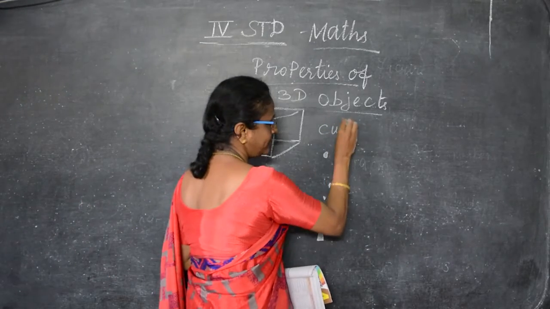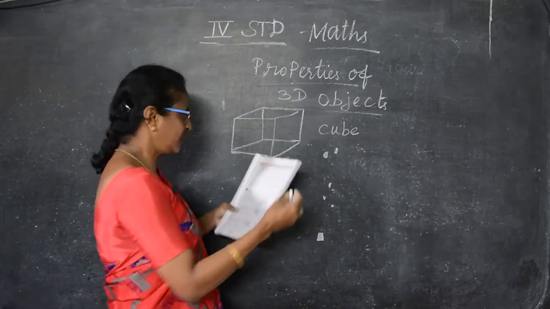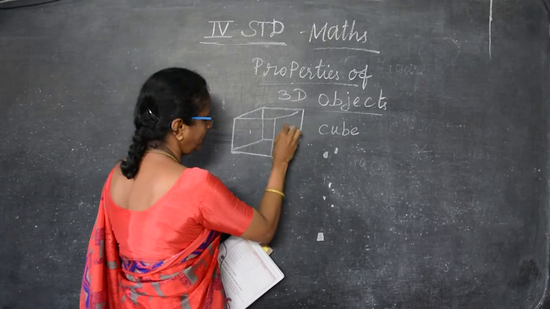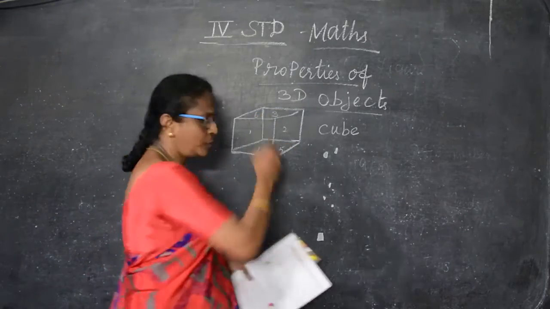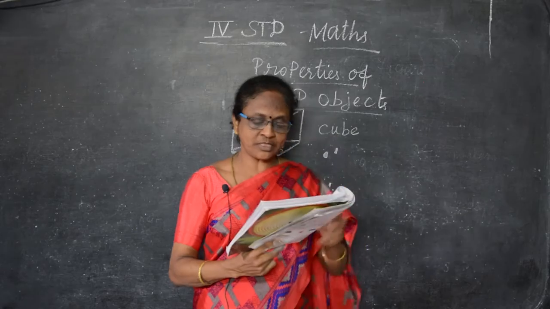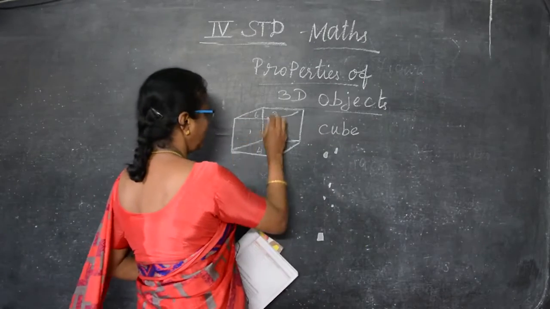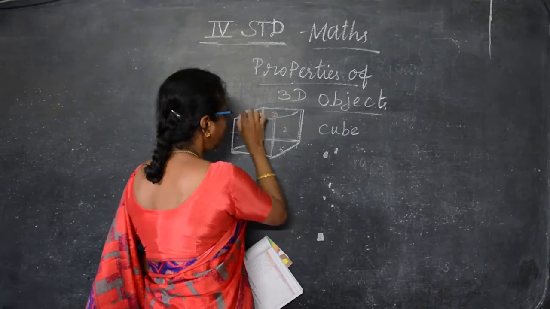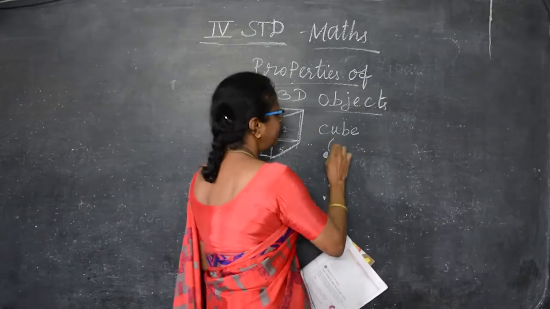So cube has how many faces? 6 faces. So these are the faces. This is face 1, 2, 3, 4, 5 and 6. When you look at a cube, you know. So 6 faces and it has 12 edges. 1, 2, these lines are there. If you count these, it will become 12 edges. Cube has